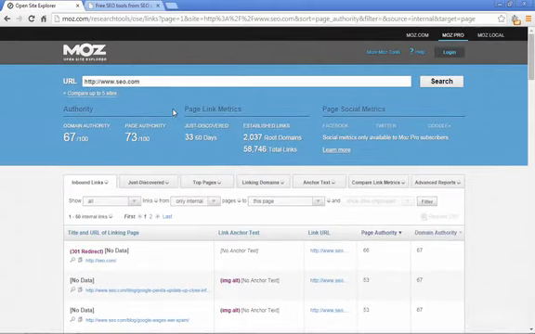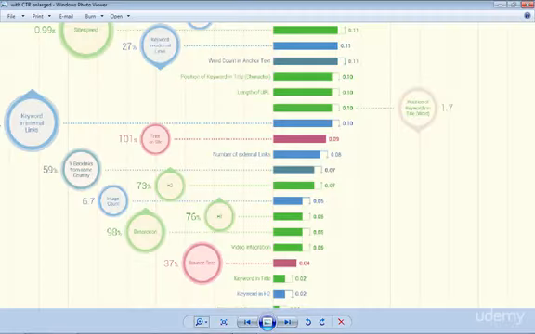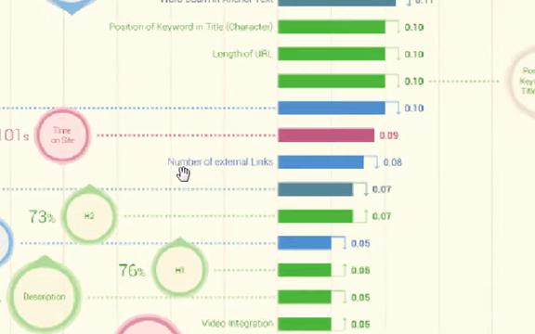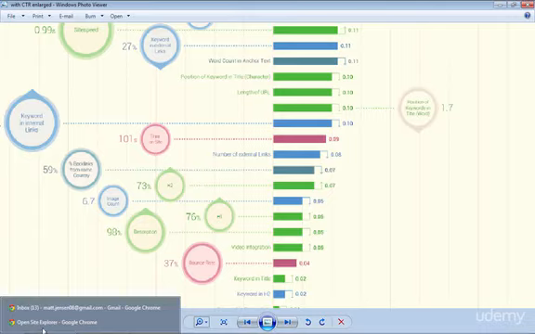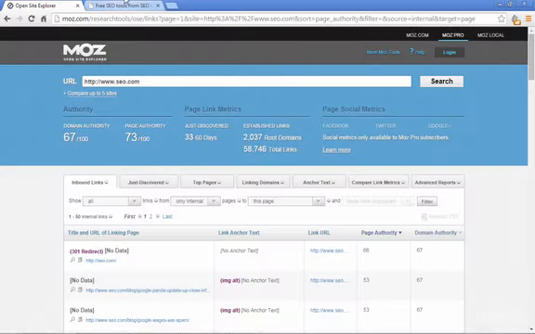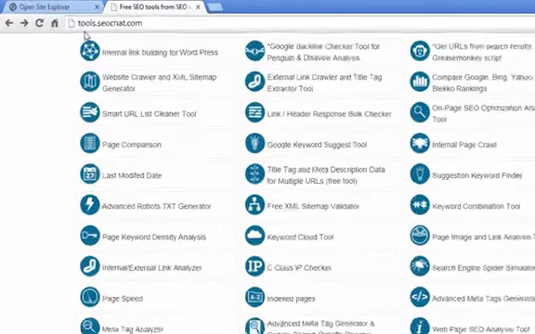Now, external links are also important. As you'll see here in the chart, number of external links has a positive correlation with your ranking in the search results according to the search metrics study. And you can see the number of external links from any page on your site by going to